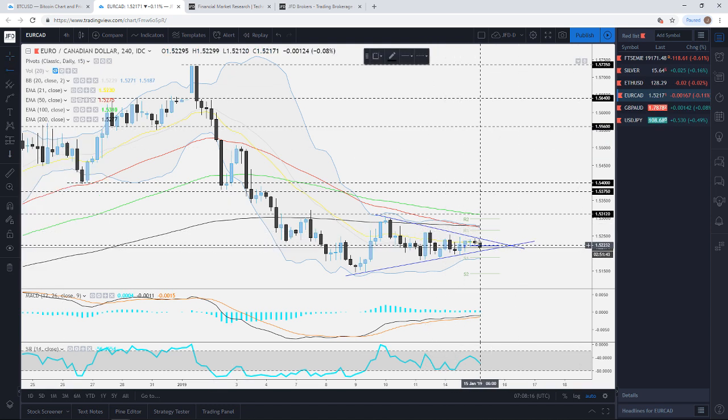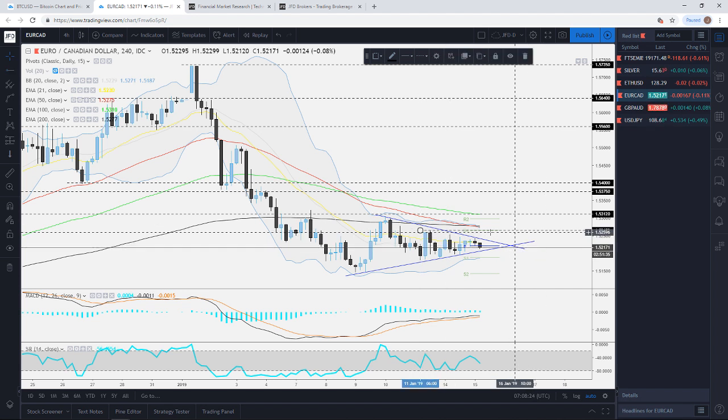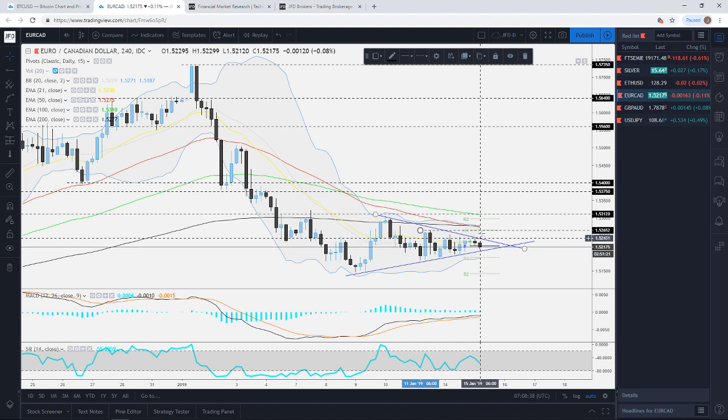So on the upper side, if we're going to get a nice pop through the upper side of this triangle here, keep a close eye on this 152.65 level. So just for better confirmation of possible upside move here, you can see that it also coincides here with the R1. So a nice good pop above the upper side of this triangle could of course lead towards a